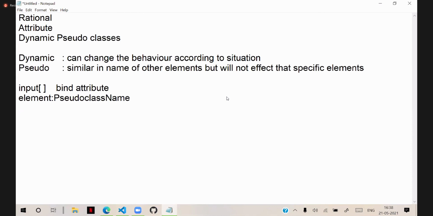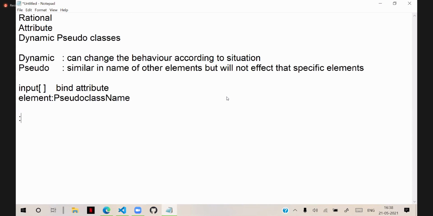Many times people ask this doubt. They ask, sir, how do I know when to use colon? Generally colon is used when it is a class. When it is a class, colon is used. So that we call a pseudo class.